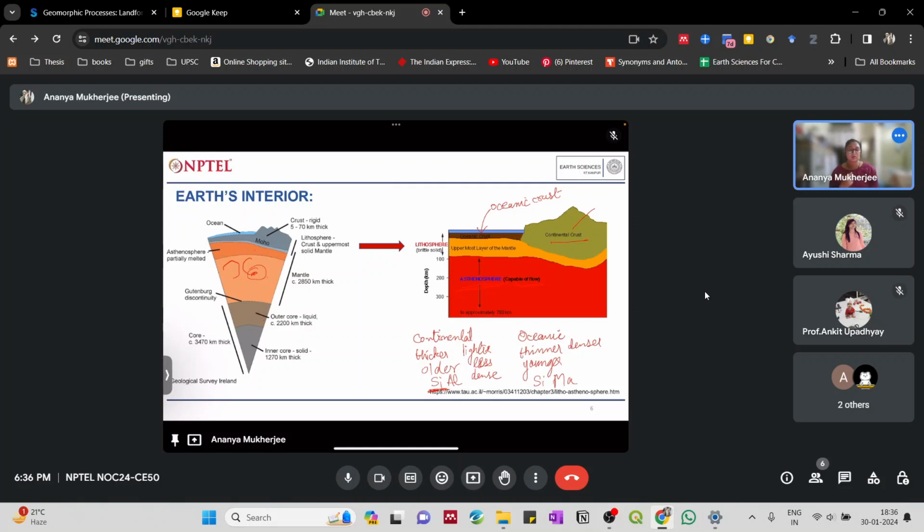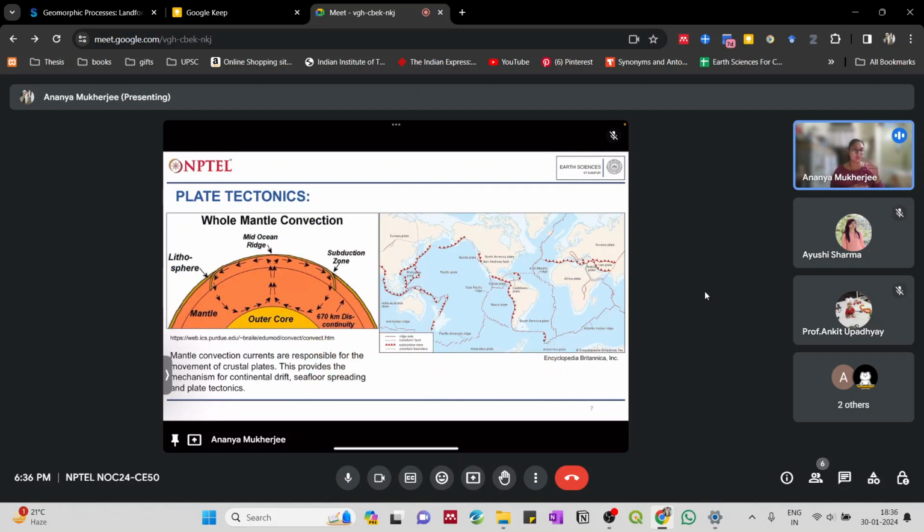Okay, now we will come briefly to plate tectonics. As I said before, if you change anything, your entire earth system and plate tectonic processes will change. So that is why it's important for plate tectonics to occur, to keep this ever evolving system that we have.